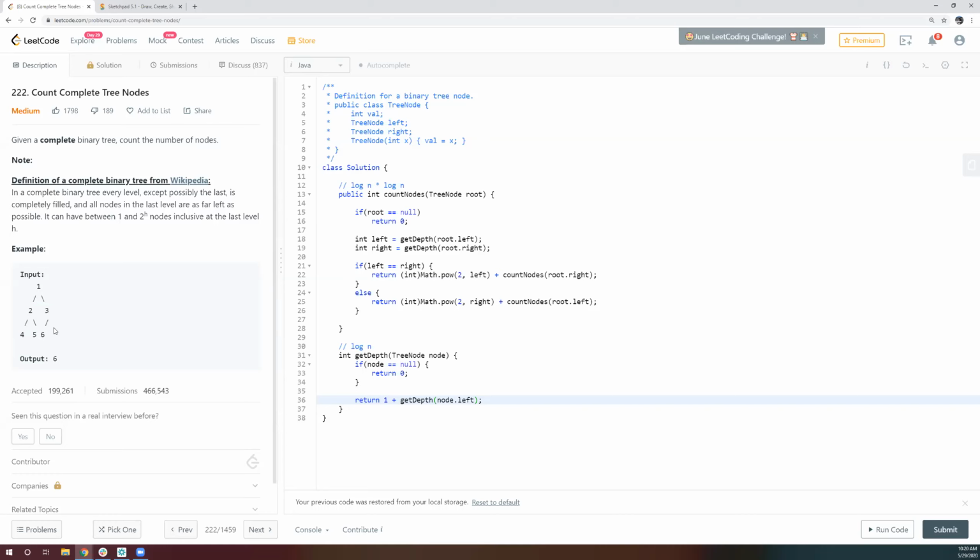And why do we do math.power left? Oh, that is not, that is just left depth, you can say. That is just a mathematical formula to find the number of nodes. No, line number 22, you do math.power, right? Yes, so for a tree, if it is a full tree, how many nodes will be there? Yeah, there's a full tree, that's 2 raised to the power h, I think -1 + 1, something like that. Yeah, -1. This is just a formula. It is just a modified version of the formula. That's it.